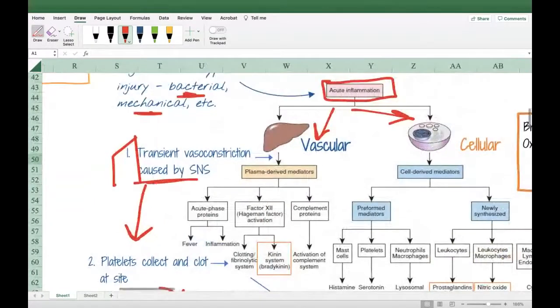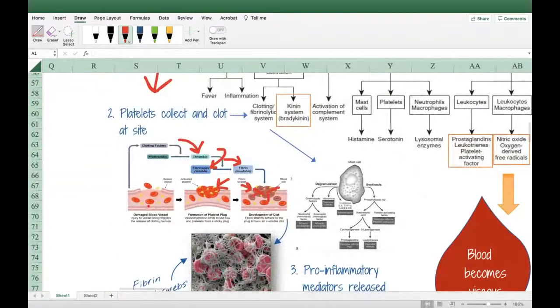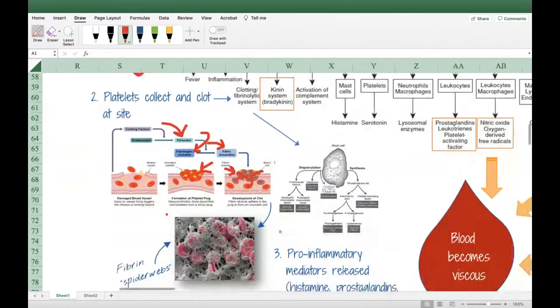I kind of don't count this as the first thing happening because it's just so fast, but this is the first major thing that's happening in the vascular system. Just so you know, the fibrin, when I say it provides like a base, it provides kind of like a surface for new capillaries to be